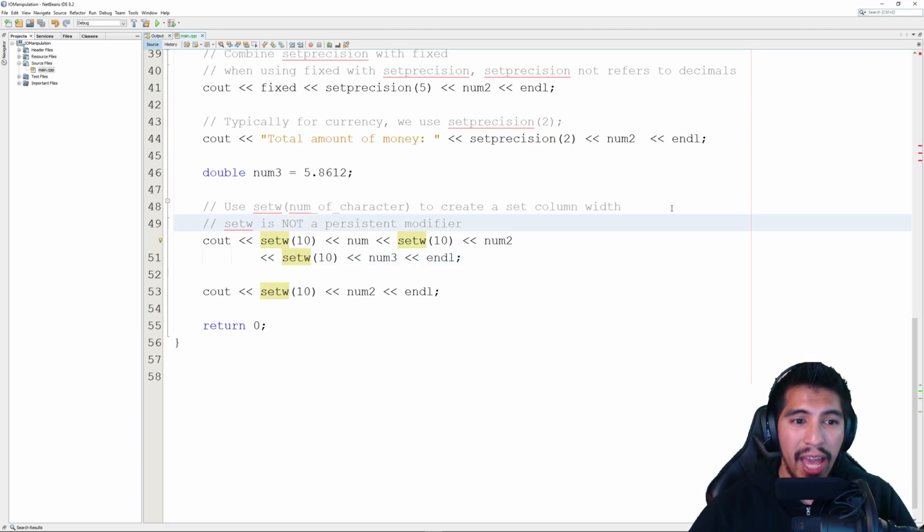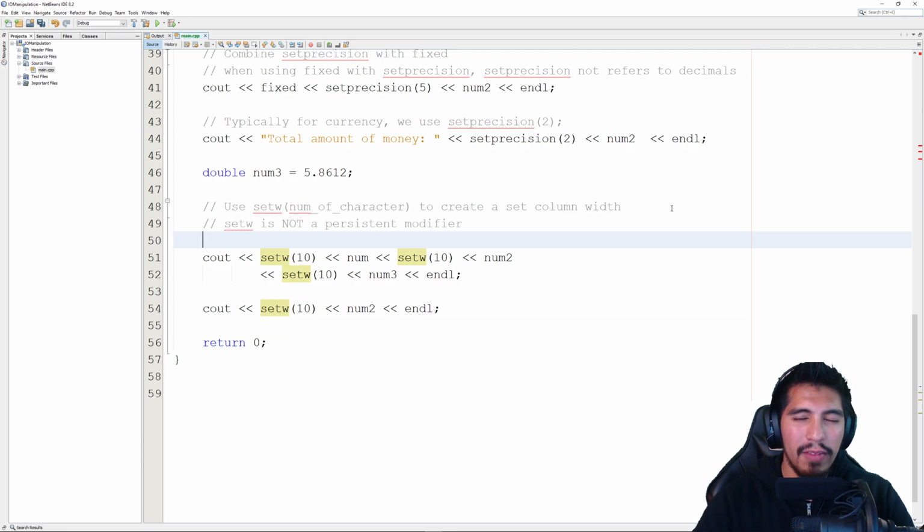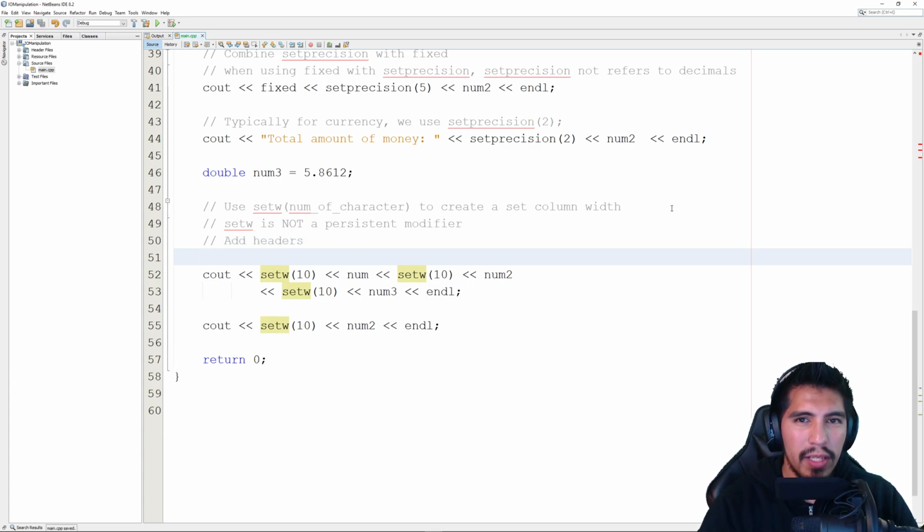Let's go ahead and put some headers, right? So notice that I have these columns, but I don't have headers, so it doesn't really look like an Excel document. But let's go ahead and add headers. And headers are basically names to the columns. Now these are just going to be junk names, but we can say like set W10,